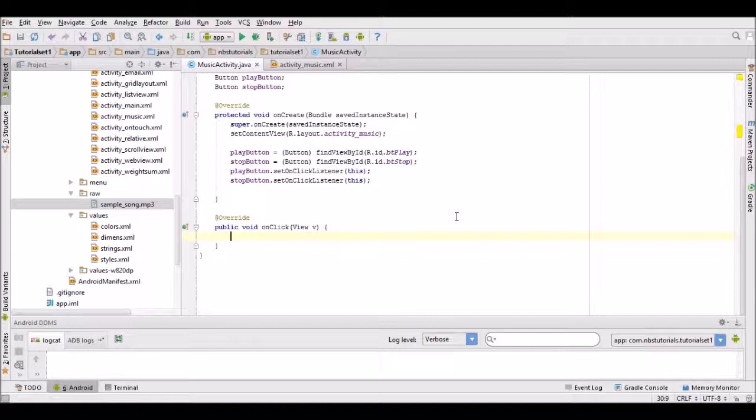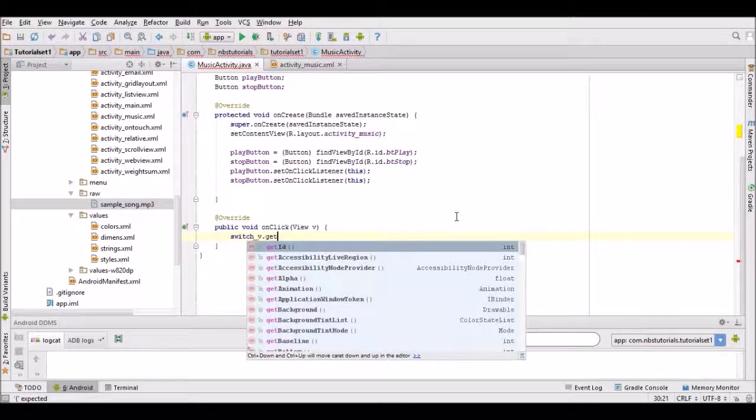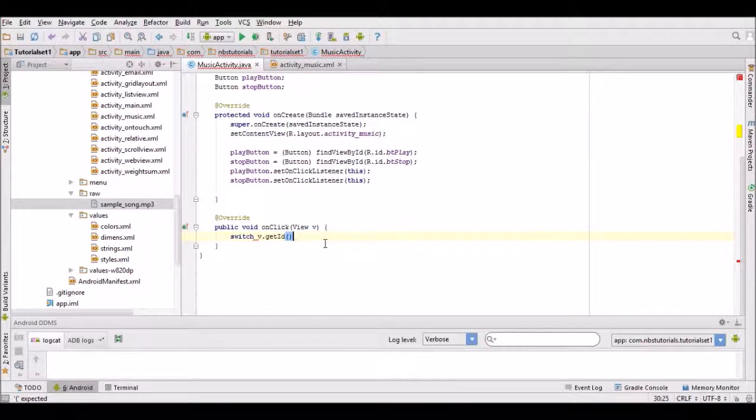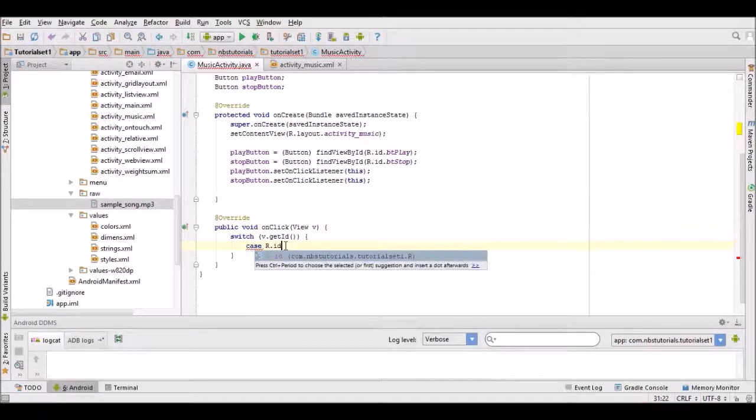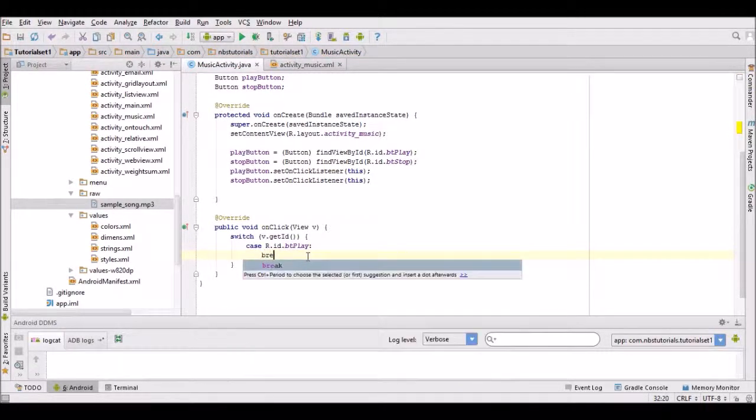So I'm just going to put a switch and case in here to reference each of the buttons. So it'll be v.getId, and that just needs to be in brackets. Okay. I can just put the case statements in for each of the buttons now. So the case R.id.buttonPlay, break, and case